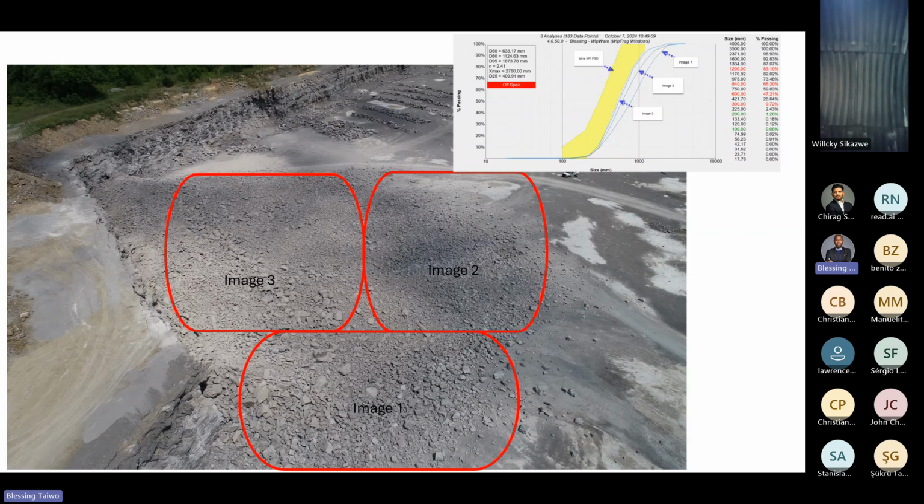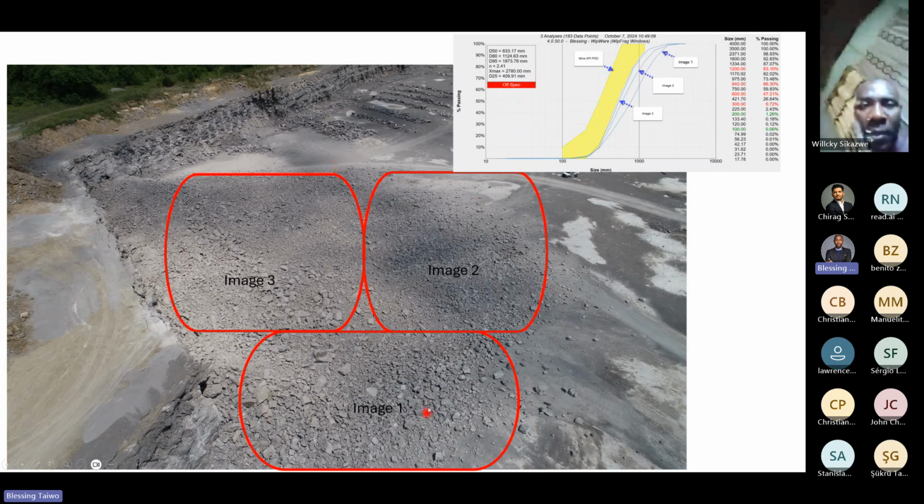Then what happens if you have a very big blast and you don't want to use a drone, you want to take a picture with your mobile phone? Image analysis technology like WeFrag is advanced enough to allow you to take multiple images. For example, if this is the whole blast, you can take one image here, another image here, then another image here, or as many images as you have.